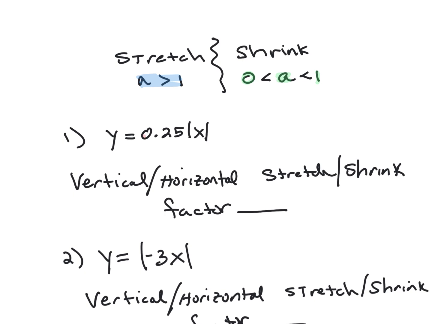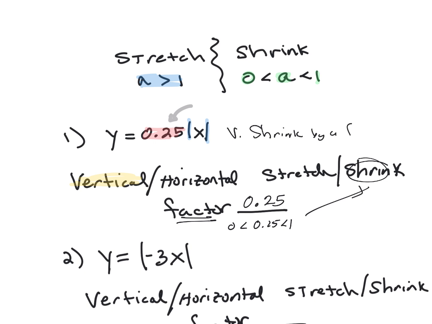So since we're multiplying 0.25 to the absolute value, then 0.25 is called a factor, and it's outside the function. Therefore, it is vertical, and 0.25 is the factor. So the factor is what you're multiplying by. And because that is between 0 and 1, therefore it is a shrink. So this is a vertical shrink